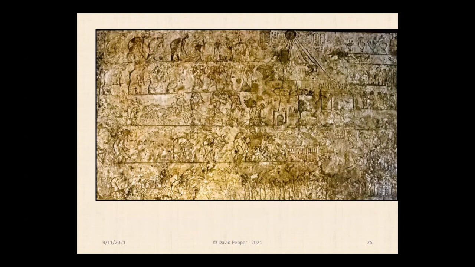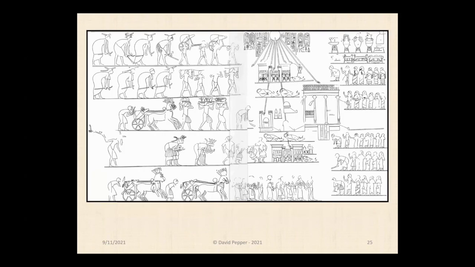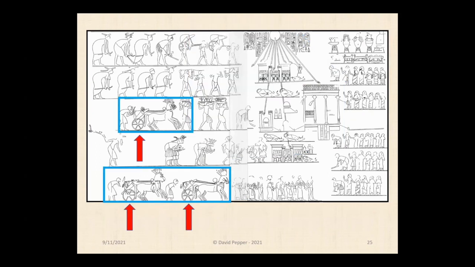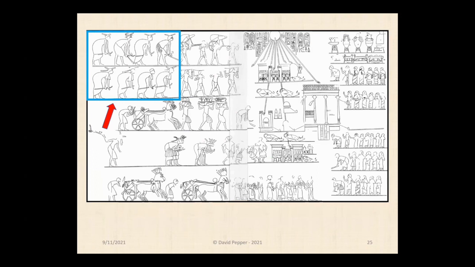Here's the right-hand scene in Huya's tomb as it looks today. It was number 8 on the tomb plan I previously showed, and as sketched by Davies. The scene shows the king and queen's destination, the Durbar ceremony area. An empty loggia and baldachin are shown, as the king and queen have not yet arrived for the Durbar. 3 chariots wait outside the ceremonial area, perhaps for use on their return journey. Soldiers accompany the procession, many armed with curved sticks. A priest burns incense as he walks in front of the royal palanquin, which is just out of view to the left.